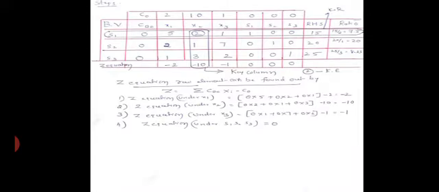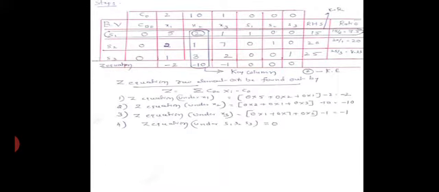Similarly for here, the old value for the x3 column under the x2 row is 7, and the key column will be the same, 7 into the corresponding new element, which is what? 1 by 2. If you do it, you will get 13 by 2. Similarly for the fourth, it is 0. Here you observe for the fourth 0, fifth 1 and sixth 0. Fourth 0 and the corresponding key column and its corresponding new element will be 1 by 2. If you do it, you get minus 1 by 2.